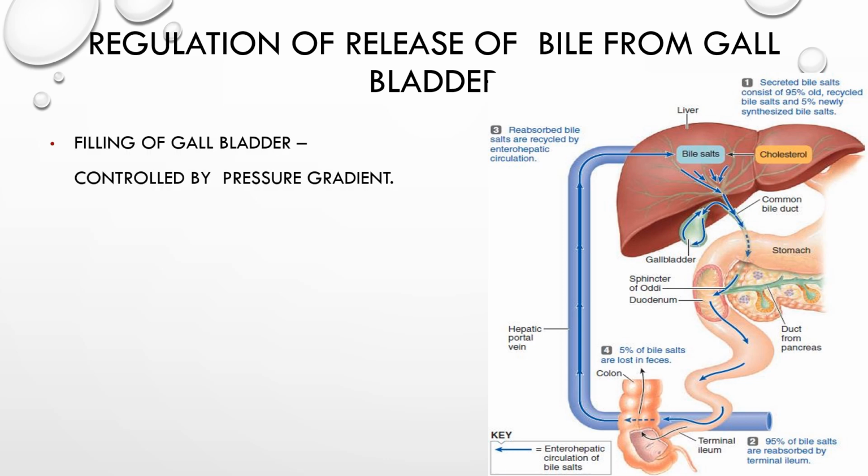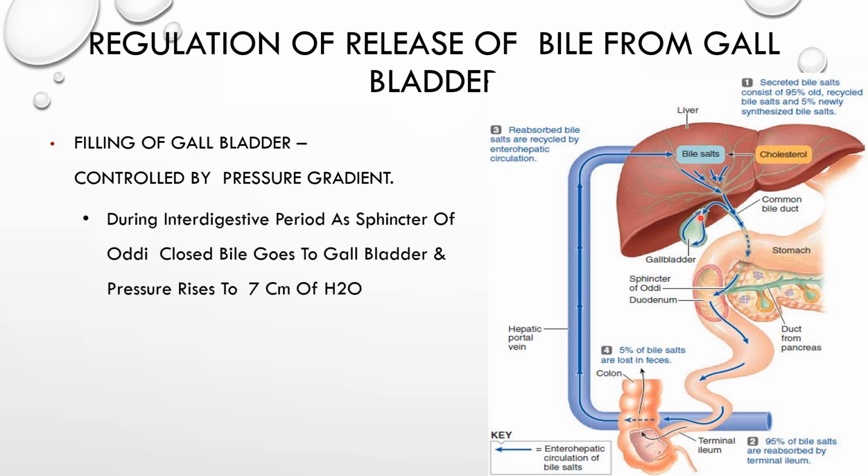So the filling of the gallbladder, here is the gallbladder. How is the gallbladder filled? It is controlled by the pressure gradient. During the interdigestive period, where there will not be any food and nothing to digest, there will not be any signal coming from the gastrointestinal tract. So during this interdigestive period, the sphincter of Oddi, here is the sphincter of Oddi,